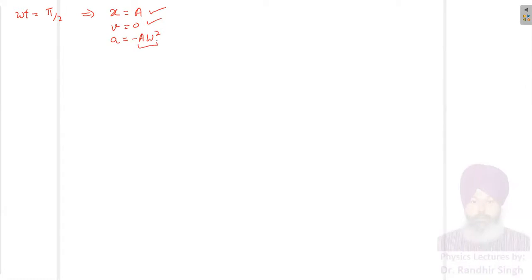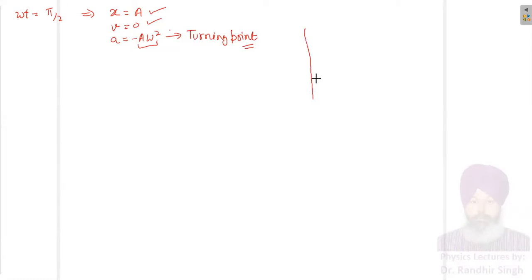So whenever an object is at rest and it is being accelerated and it is free to move, then it will start changing its direction. So this extreme is therefore a turning point. Such a point is called a turning point because the object will change its direction from this point onward. Is it okay, students? So let us now describe the graph.